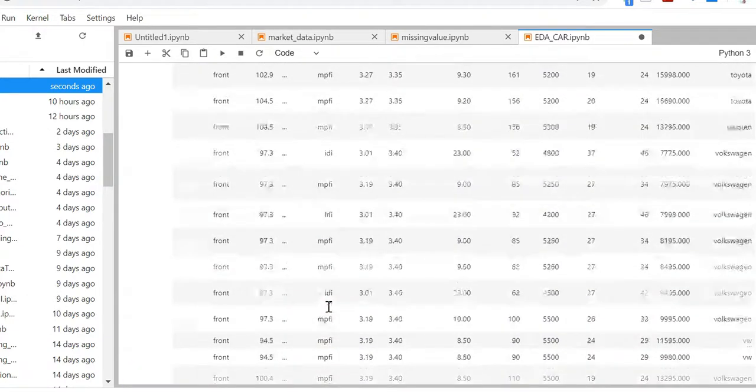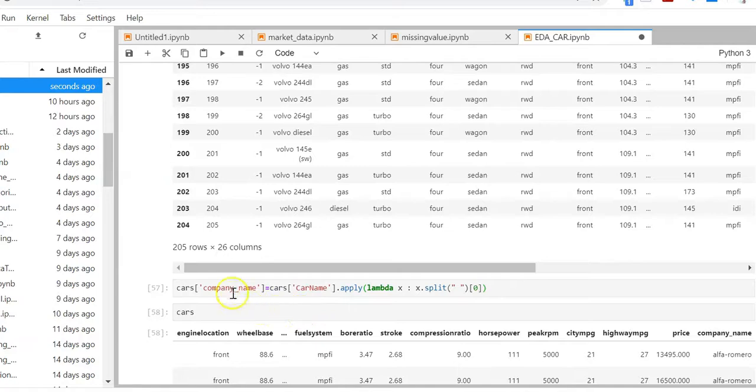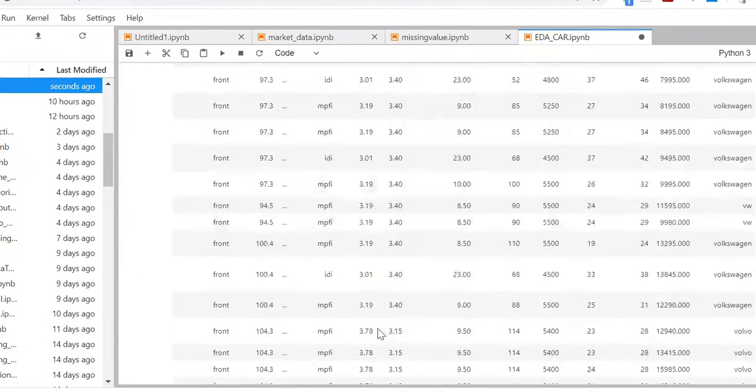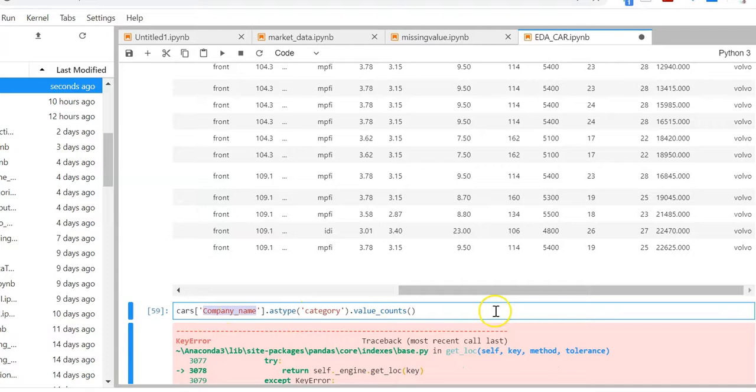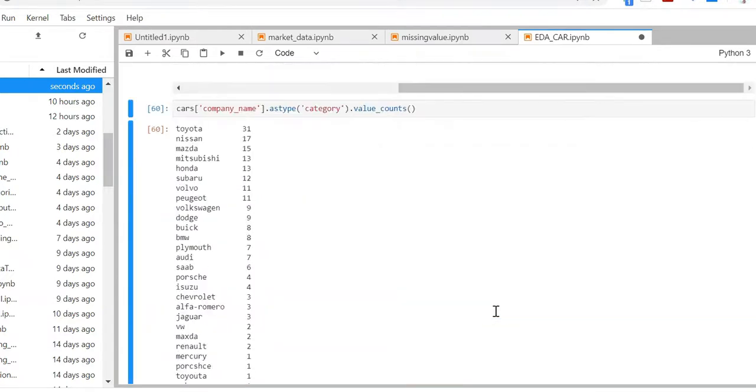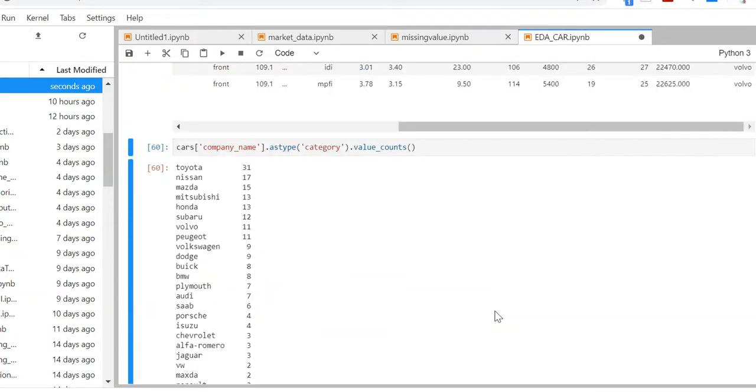The spelling error, I think. Okay, now these are the number of cars against each company.